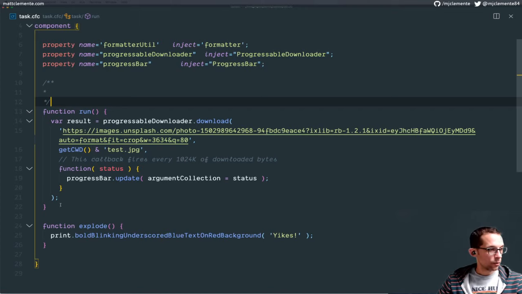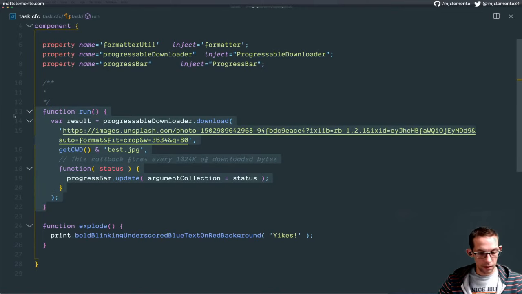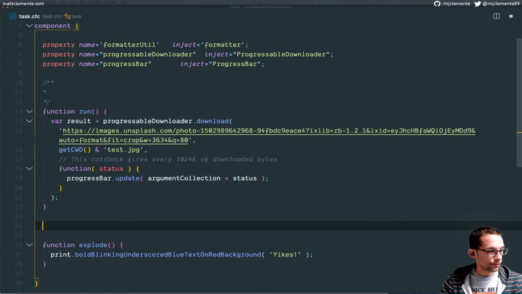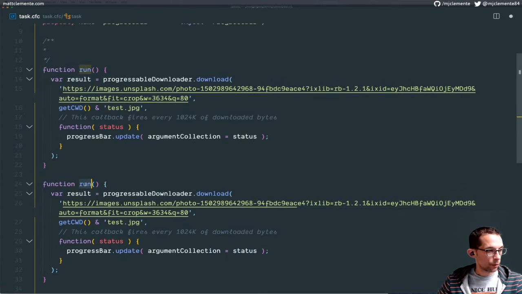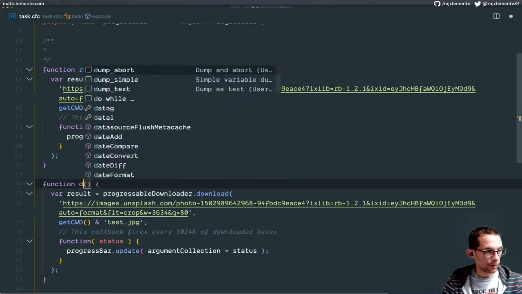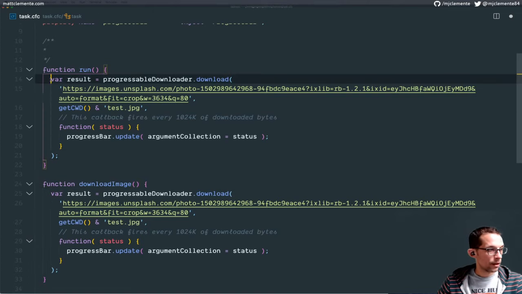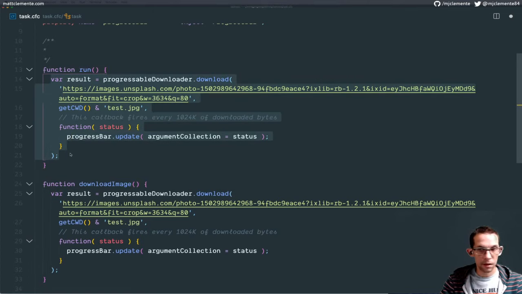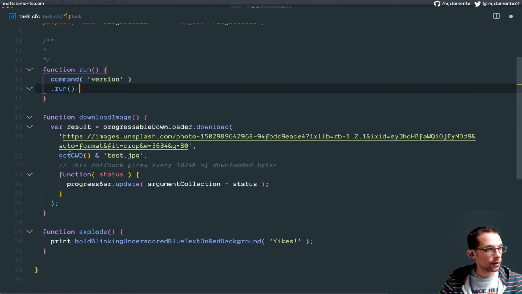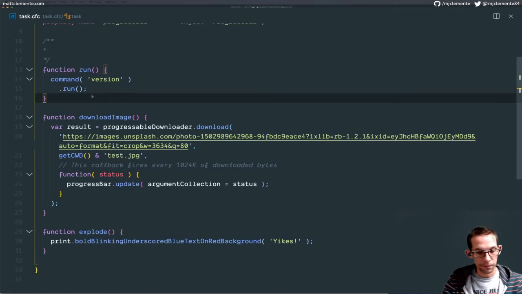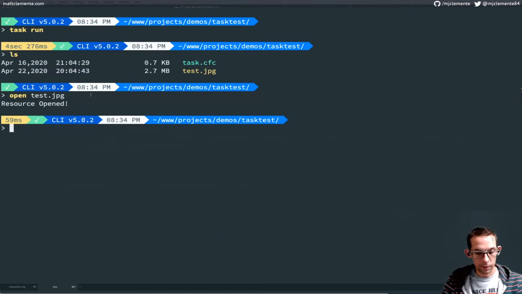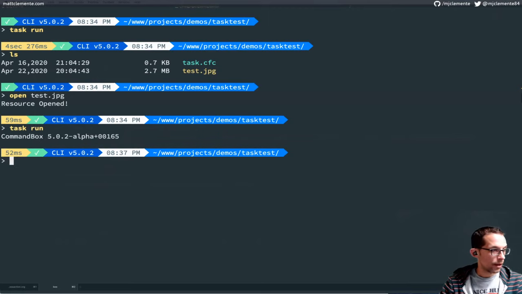Now, I like this run method. I don't want to lose it. So we'll stick it down here and we'll call it download image, just so that we have that on hand. And then in here, we'll paste that, running that command version run. Hop back to the terminal, task run, and it prints out. You can see I'm running the